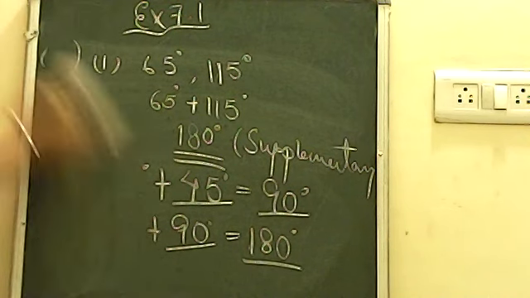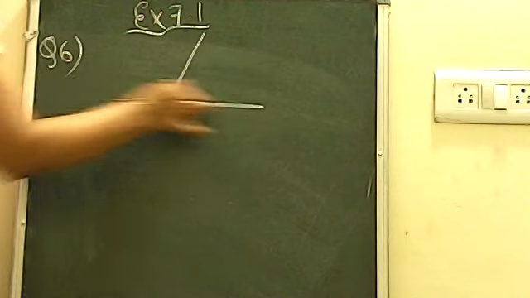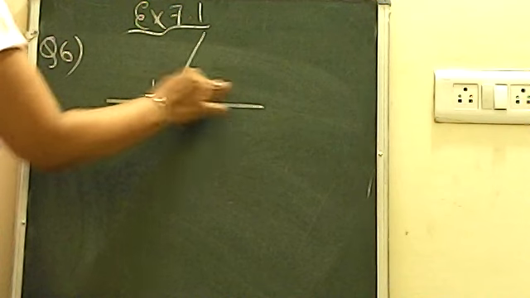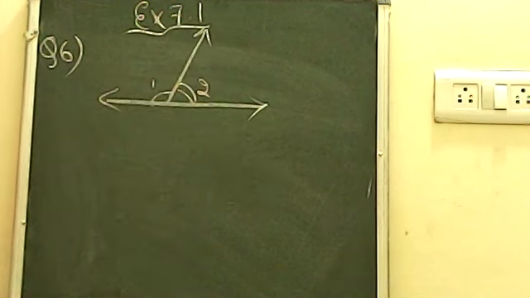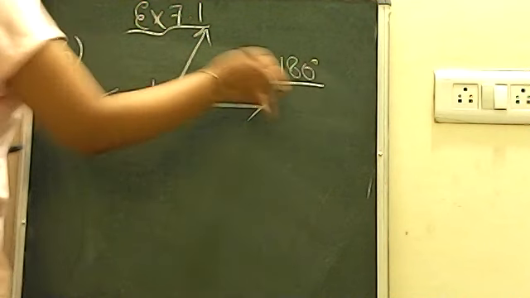Now let's discuss question number 6. I hope you have understood the previous questions discussed by me. Question number 6 is telling here, in the given figure. Now let's say we draw the figure here. This is also the pattern which we have already discussed earlier. There are two angles, angle 1 and angle 2. It is telling that angle 1 and angle 2 are supplementary angles. Supplementary angles mean दोनों को मिलाकर they will give you the sum 180 degree.